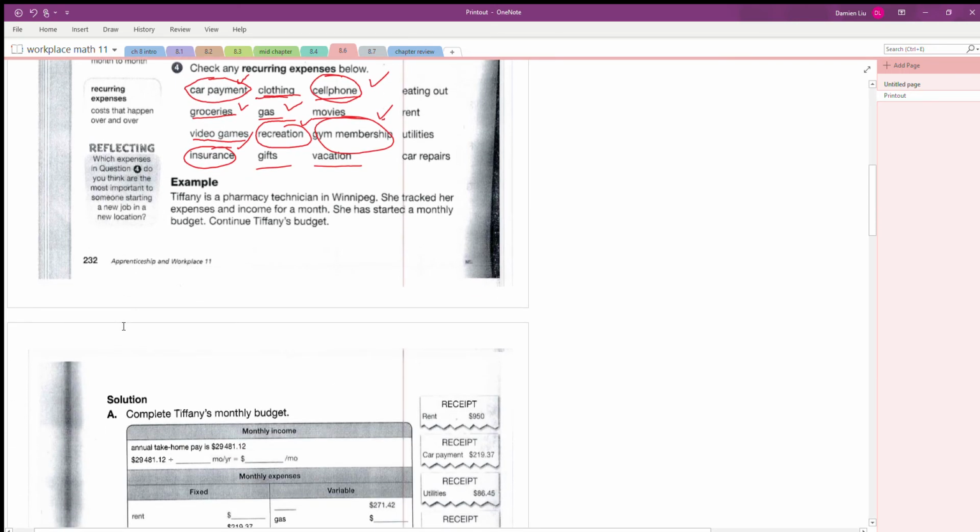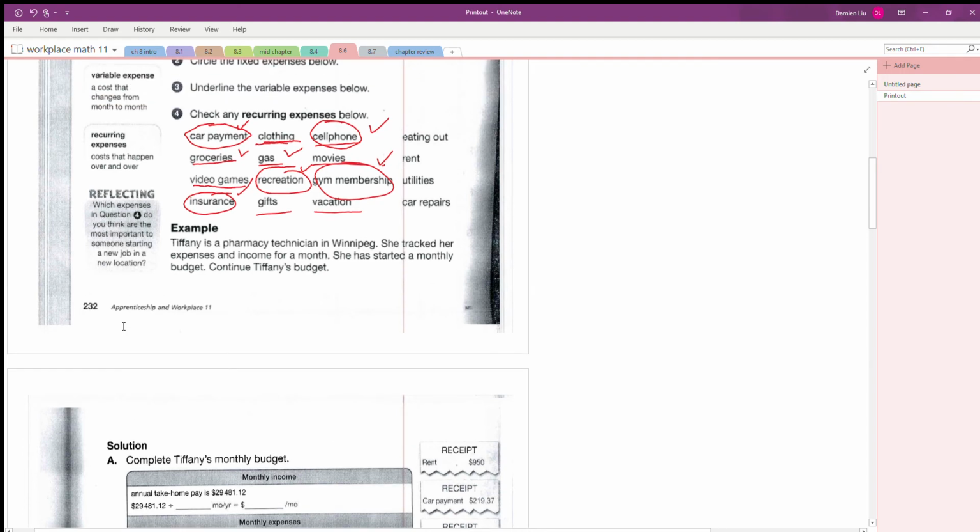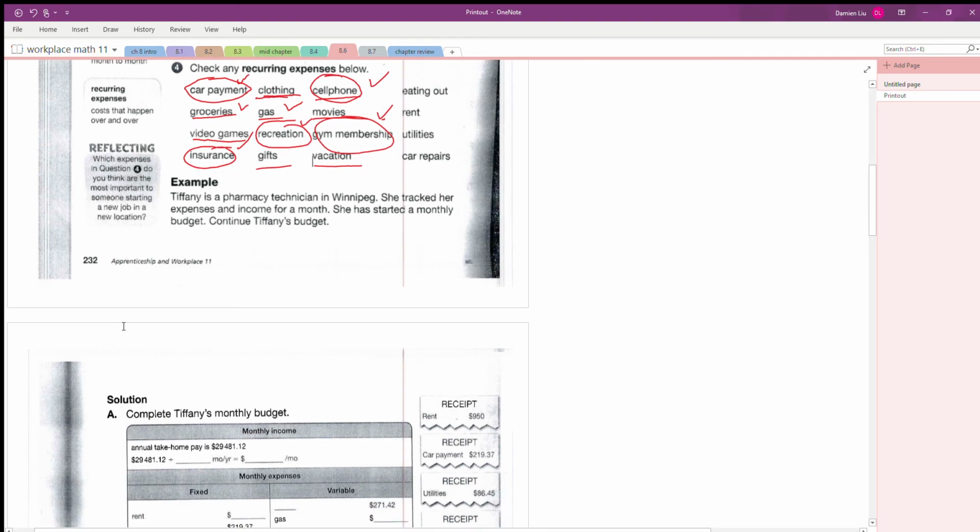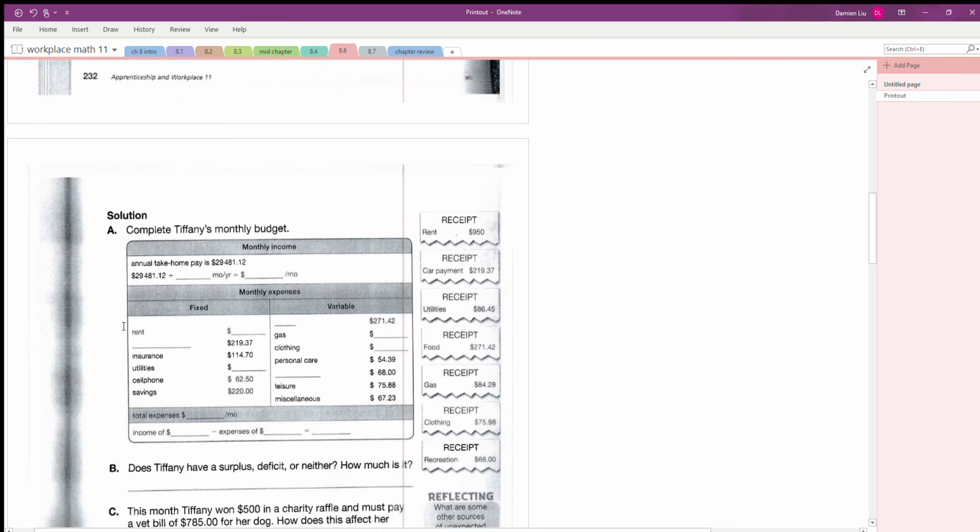All right, example number 1. Tiffany is a pharmacy technician in Winnipeg. She tracked her expenses and income for a month. She has started a monthly budget. Continue Tiffany's budget. All right, so we know she's a pharmacy technician. She's in Winnipeg, and here she has tracked her